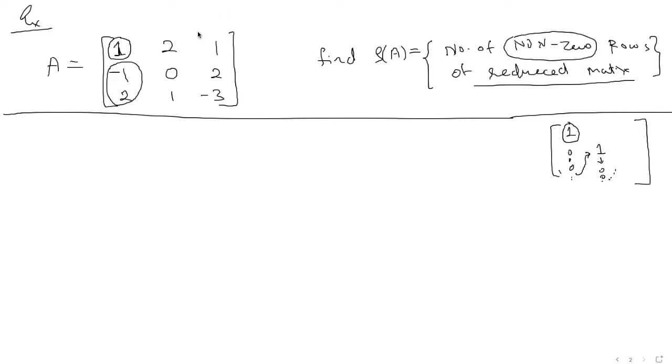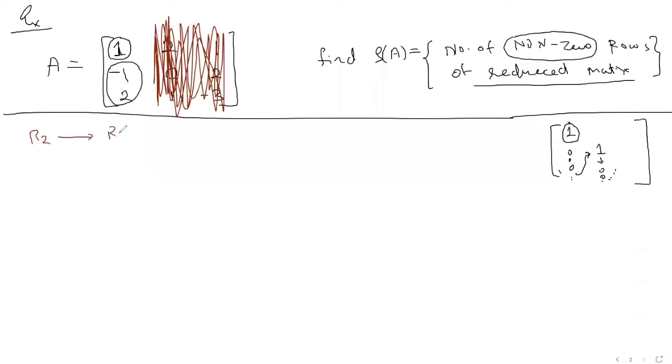Here, I just want you to focus on this. So don't worry about what is over here at all. Just neglect it and focus on these elements only. And think about how you make this zero and how you make this value zero. To do that, you will do row 2 becomes row 2 plus row 1. That's it. Just add row 2 and row 1. So when you do that, -1 plus 1 will become 0. And that is what we want to do.